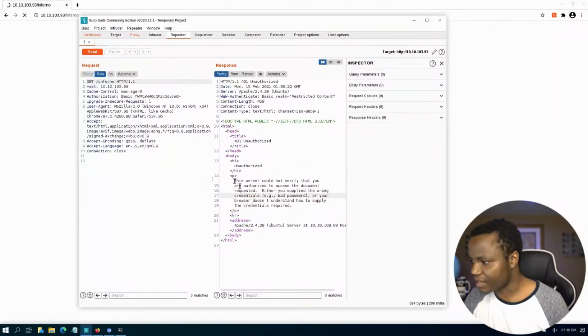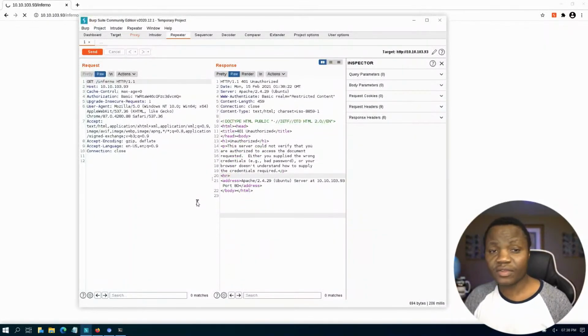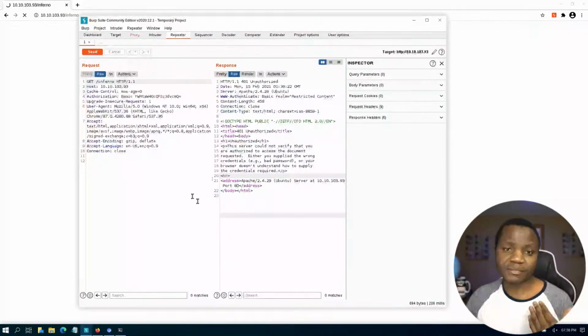Here's what you are seeing. This server could not verify that you are authorized to access the document requested. So we do not have credentials for this tab yet. Thinking from my last video, if you saw it, I just have to go for it and start brute forcing